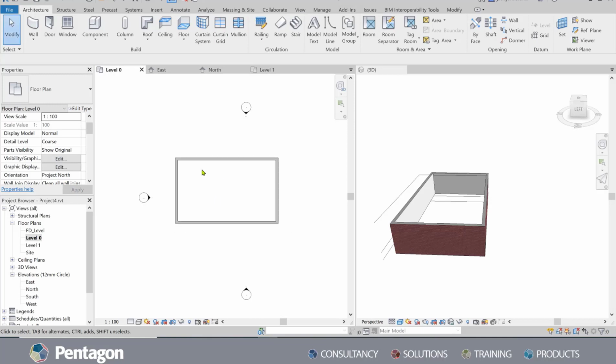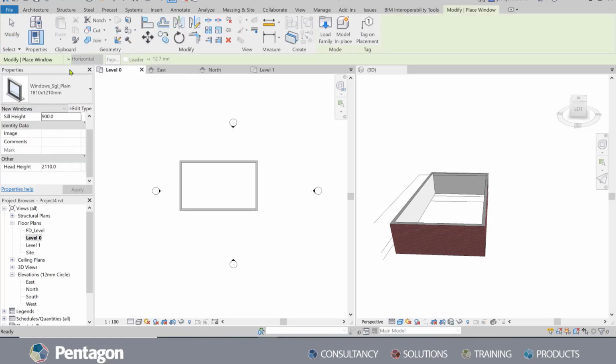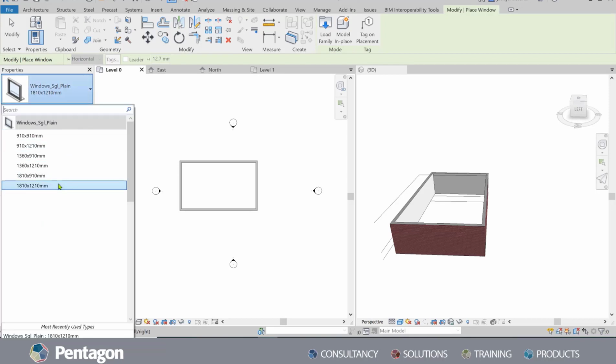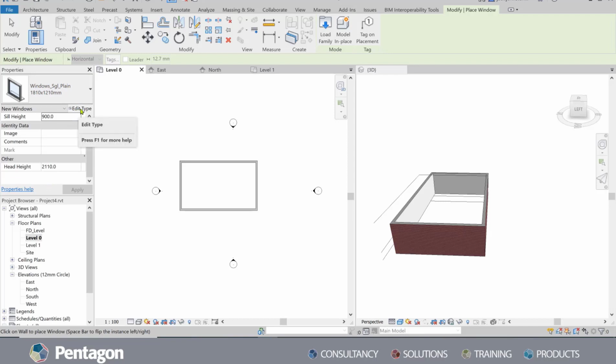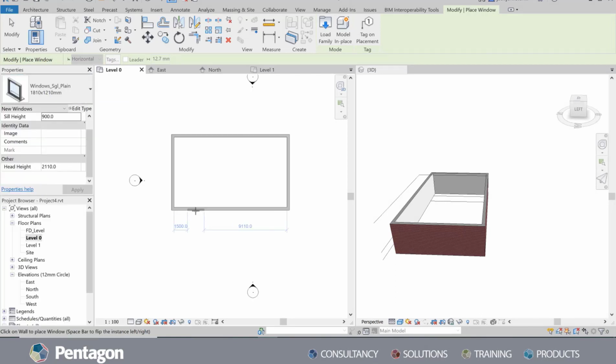So the next thing I'm going to do here is go in and model a few windows. Again, it's very similar to your walls, using the window tool in the architectural ribbon. So I'm just going to select that, and you'll see in your properties tab, if we select the drop down here, these are the different window types that we can select. Again, we can load different windows in. I'm not going to do that at the moment. I'm just going to select the biggest window that's already there, and I'll stick this in 1400 away from the wall, and I'll deliberately make that one further away.